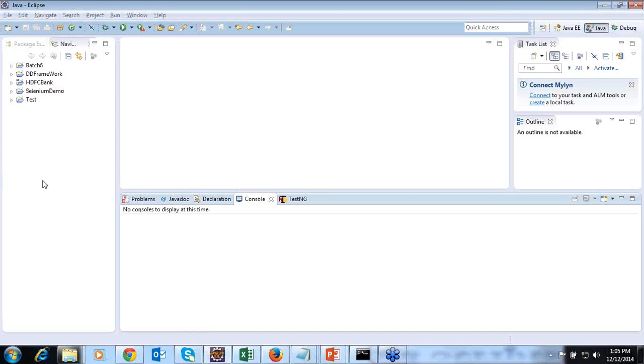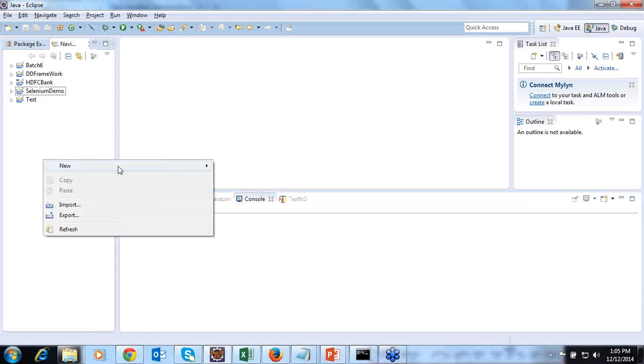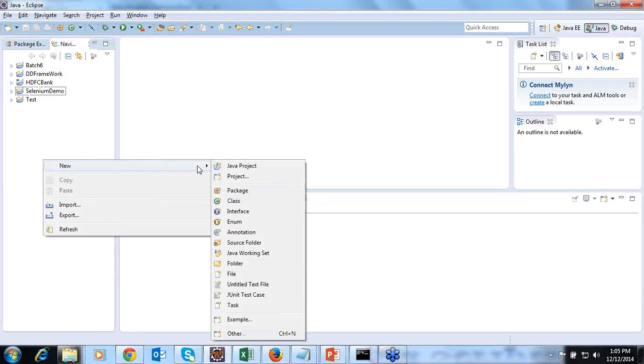Now let us open Eclipse because I want to add the jar files to Eclipse if I want to automate any application. Before adding, we need to create a project. If you are using Maven, these activities, or whatever steps I am telling, are not necessary. But if you don't use Maven, you need to create a project, and to that project you need to add them as external jar files.